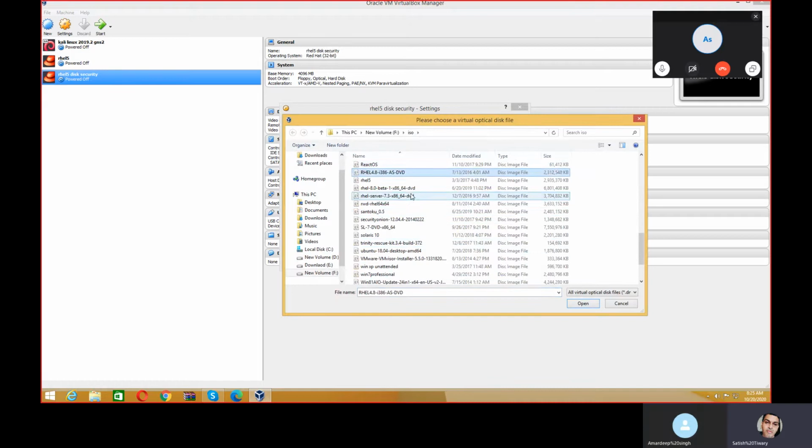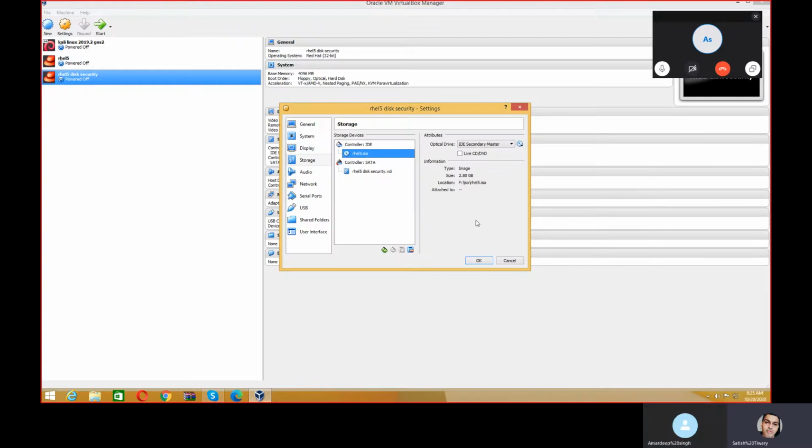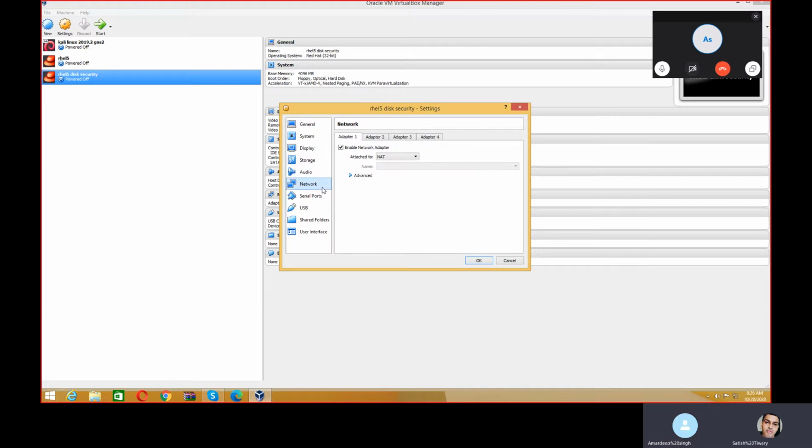Mine, this one I have already done earlier. I am showing you the graphical version, okay. With disk security. So we have selected RHEL 5. She is speaking English, no problem, it's okay, just in flow, you know. The previous session I did in English, that's why. No, you speak Hindi, no problem.